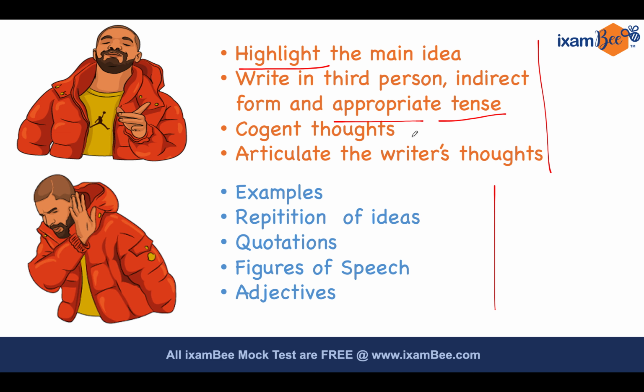Okay. The third point is, whenever you are summarizing, once you've highlighted and identified your main point and you have identified the supporting points and you are putting them all together, the précis should be cogent. That entire idea of assembling all your main points should be cogent. What do I mean when I say cogent? It means from one thought to the other, from one point to the other, the progression should be, number one, logical, and it should be smooth. There should not be any gaps in your writing. The idea should flow from one to the other, right?